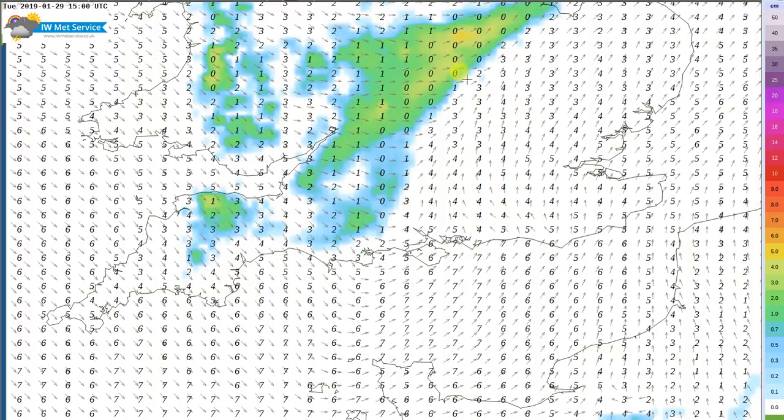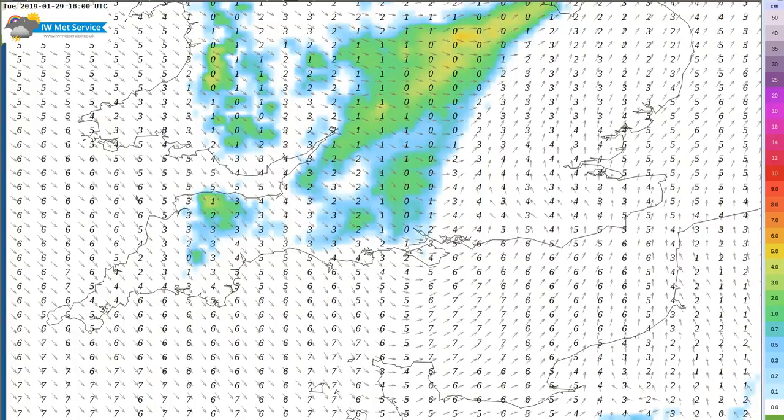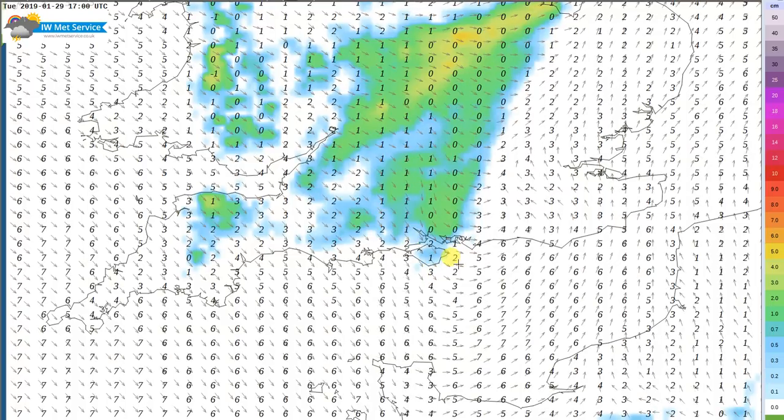Now this is, like I said, snowfall that's already on the ground. So it's going to be raining in this area here, snowing in this area here. So this is by 3 PM, and then by around 4 or 5 PM the wind starts to change around from a southwesterly into a northwesterly, and as that happens the temperatures fall away